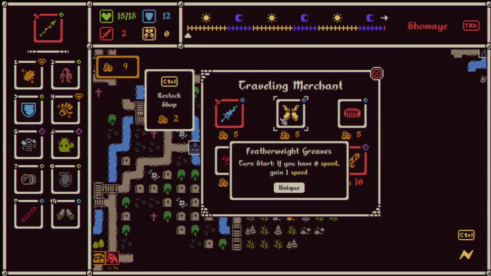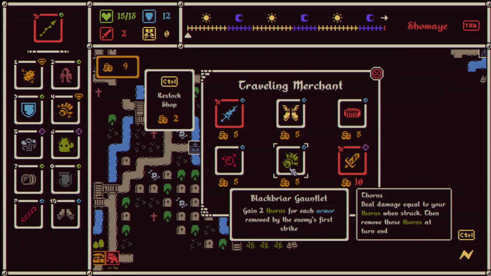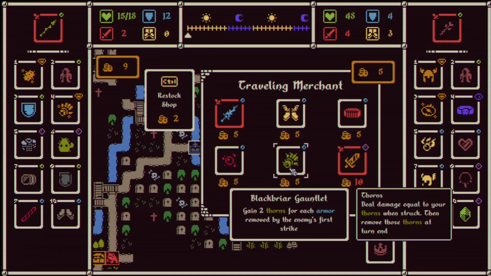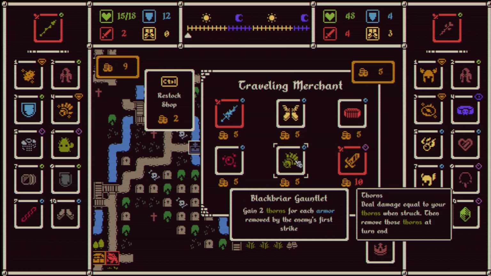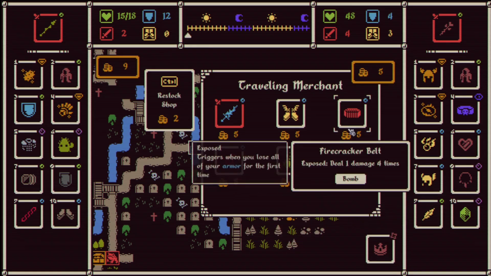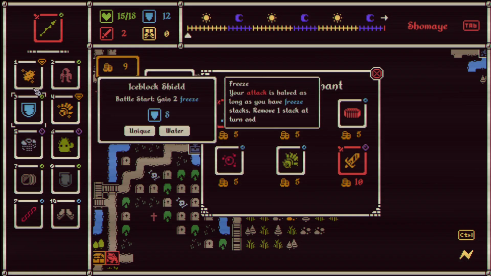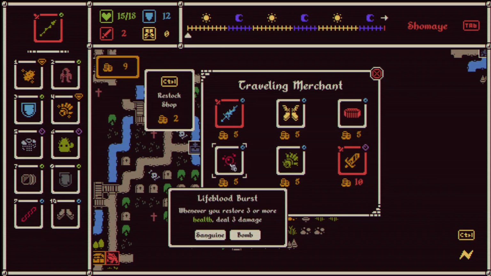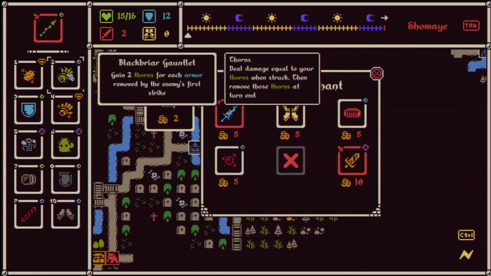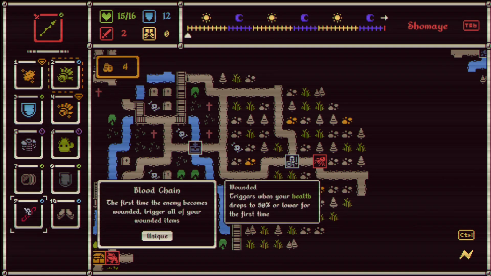Turn start, if you have 0 speed, gain 1 speed, but we are not utilizing that. No. For each armor removed by the enemy's first strike. Oh, he's hitting us with 4. He is hitting us, 2 thorns for each armor removed in the first strike. Yeah, we want that. Yeah, that's not needed. We want that, and we take away... What do we take away for it? This? Yeah, I think that... So, we are already set up a bit better, but I'm not certain that we are really...